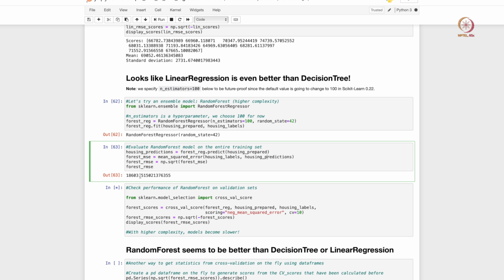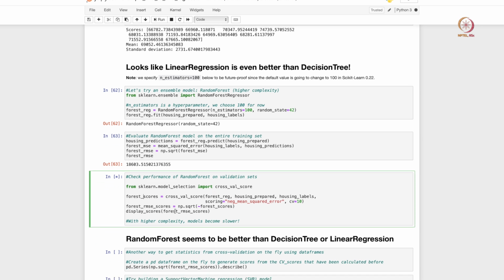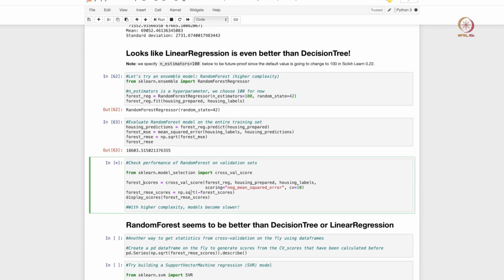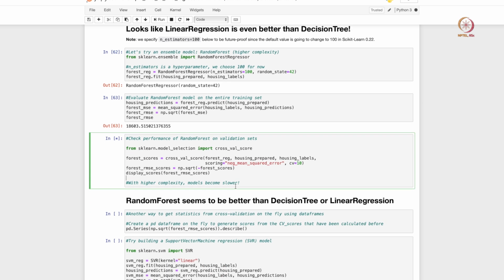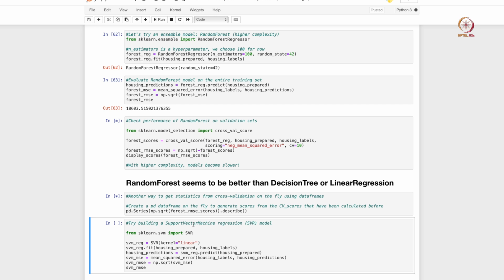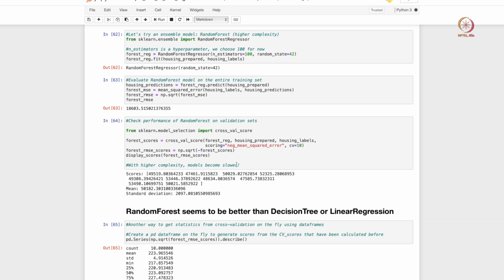But again the key is examining cross validation, because random forest is a complex model, more complex than decision tree itself, so it could have also overfit. So in the next cell we are doing cross validation, and of course you see that the cross validation is taking more time than for decision tree models, for example. In general the more folds you have, so if you have 10-fold cross validation, you have to train 10 models, so that takes more time than if you do 5-fold cross validation where you train only 5 models. So once the cross validation comes up, we can examine the scores.